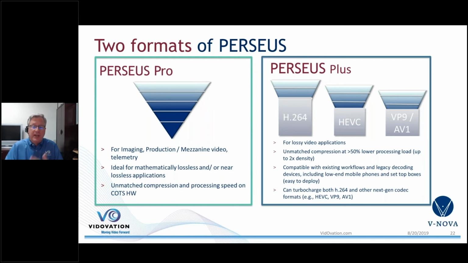And there's no need to change your existing architecture. If you have IRDs or decoders, you don't have to throw them all out. If you are streaming to mobile devices, Perseus Plus could sit in the background as kind of a supercharge for the existing infrastructure, the existing stream. So we'll talk more about that in an upcoming webinar, but that's more for distribution and over the top.